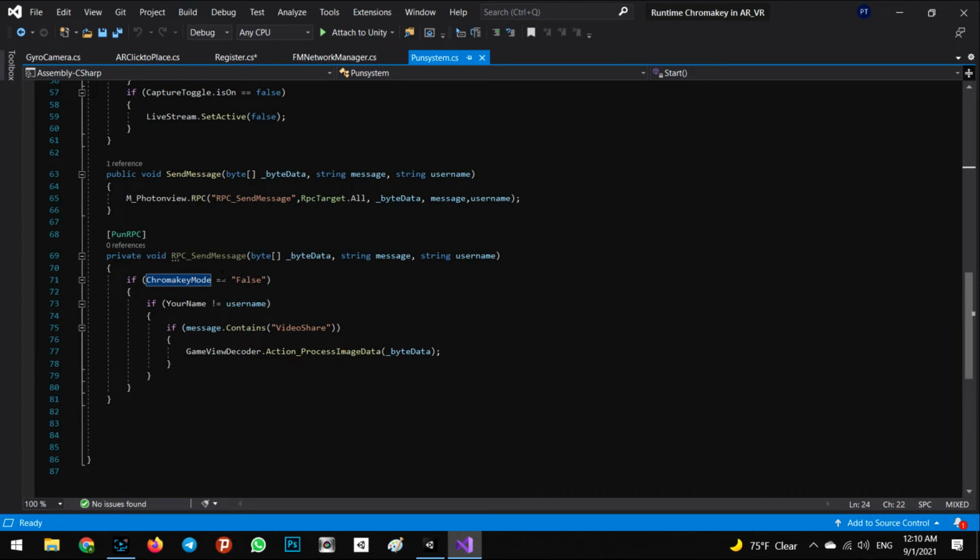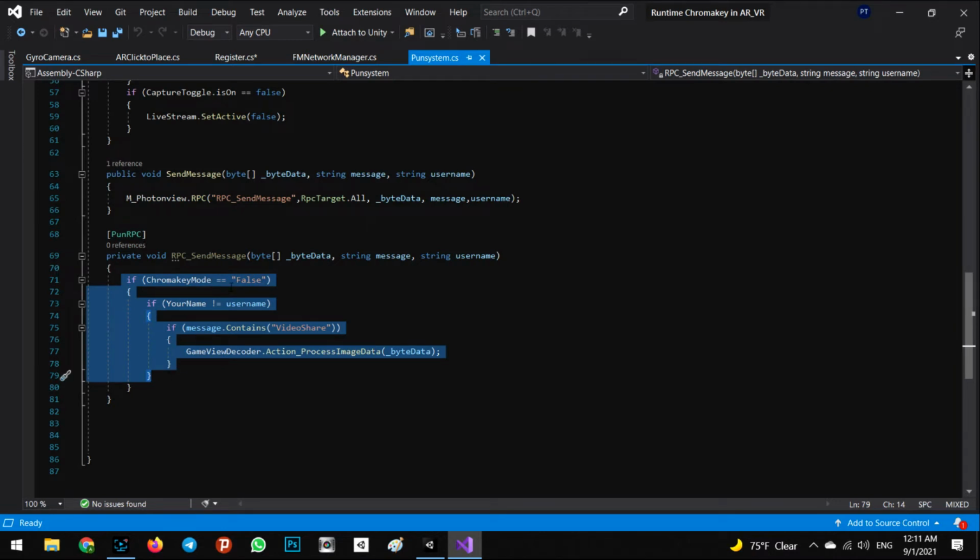So in here it can say, okay, now I can get the list of the bytes from the cloud, and I can decode them and compile it as a video. But if Chromakey will be true, it only can send the video to the server, but it cannot receive this video. So it will be very faster and very optimized for network and also for